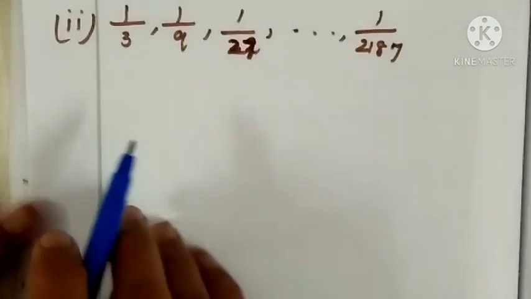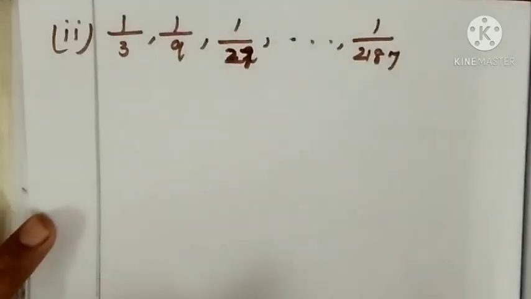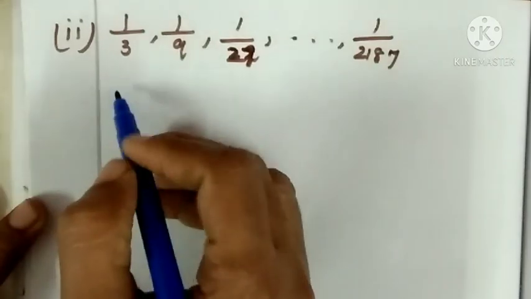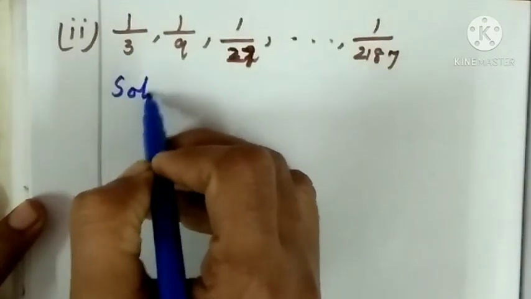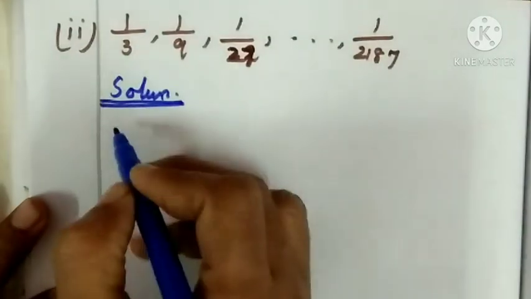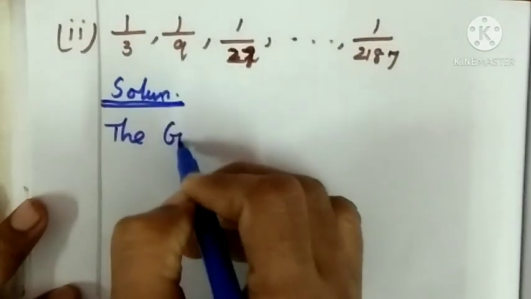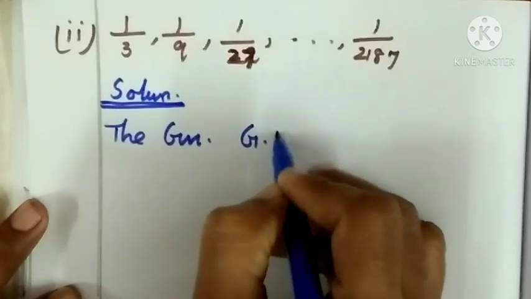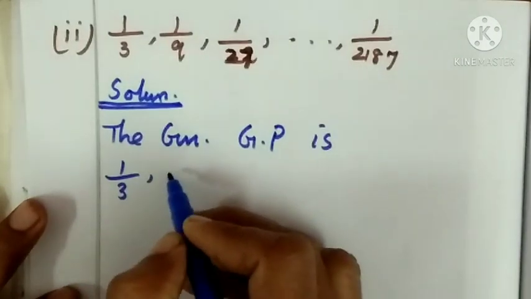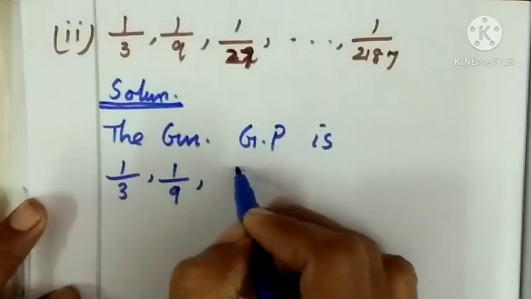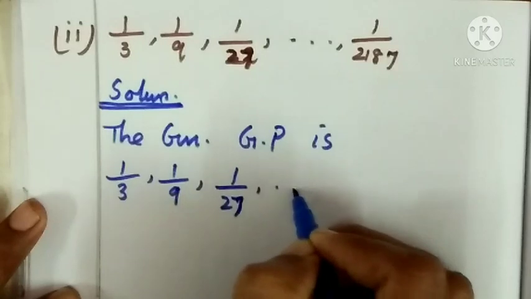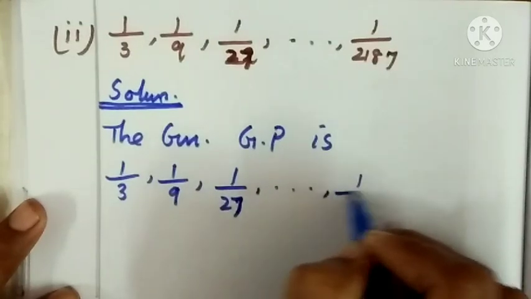Similarly, we have to do the second subdivision of this question. Let us do the solution. First you take down and write the given GP. The given GP is 1 by 3, 1 by 9, 1 by 27 up to 1 by